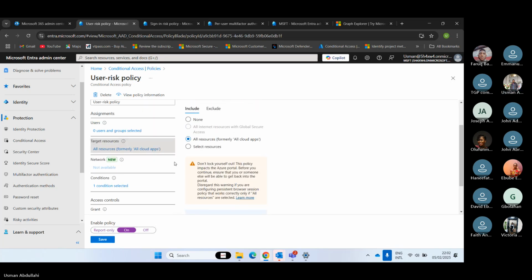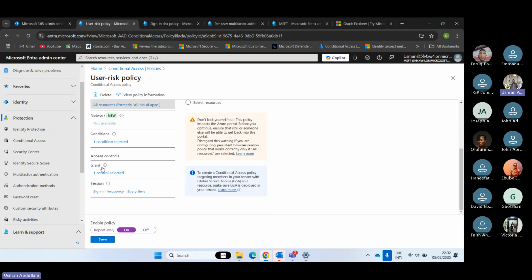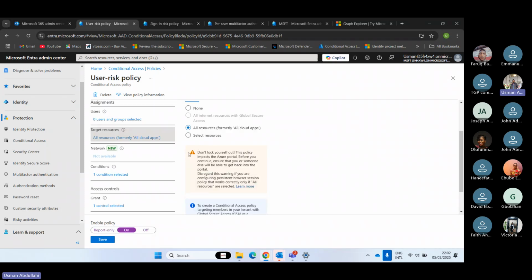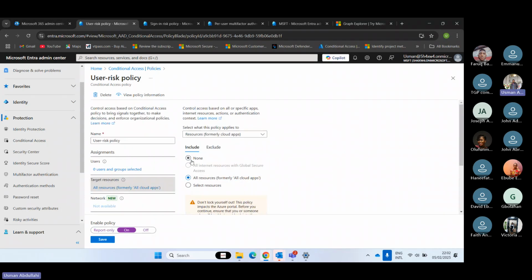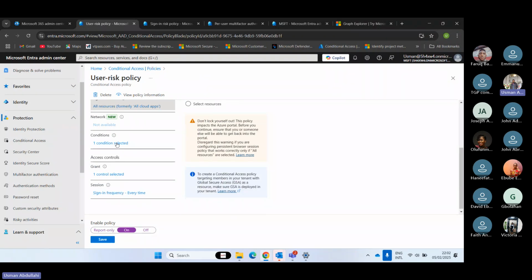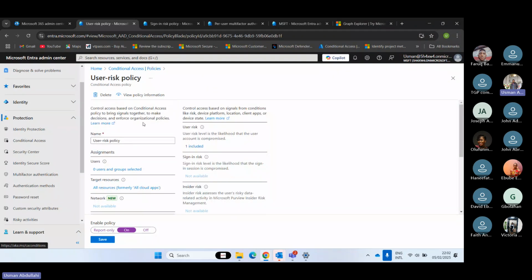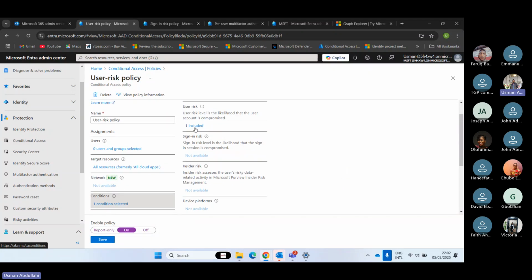Okay. Because I already have the policy set up, that's why we are getting all this error. Okay, so now let's go to our conditions. Because we are looking at our user risk, right? So I'll come to my user risk. I'll click on this. Normally what I should see here